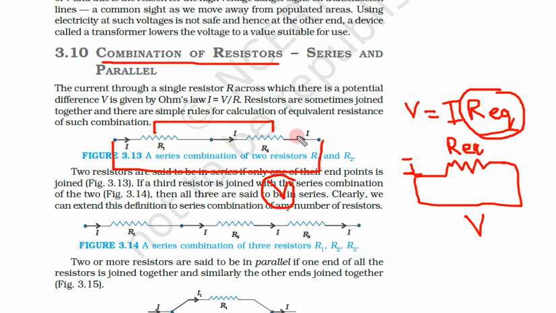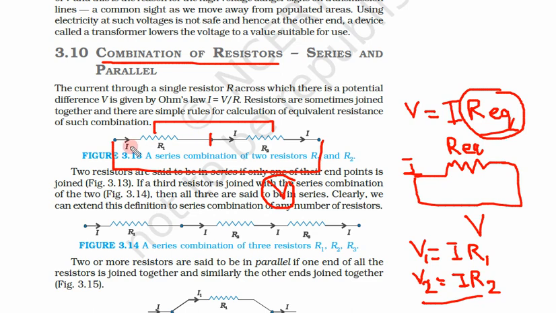Now since the current flow is the same, one thing has to change here. In a series circuit, the voltage or potential difference must change. So what is the potential drop across resistance 1? V1 is equal to I R1, since the current is the same, from Ohm's law. And across the second one, V2, the potential drop across resistance 2 is IR2. We always say potential drop when we see a resistor.